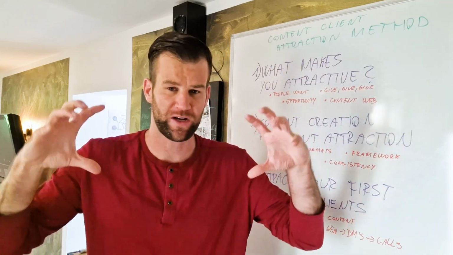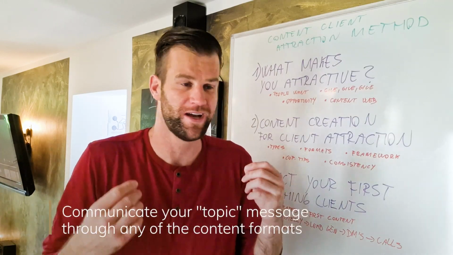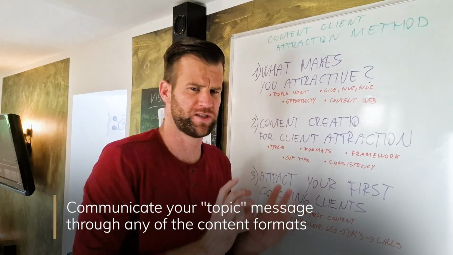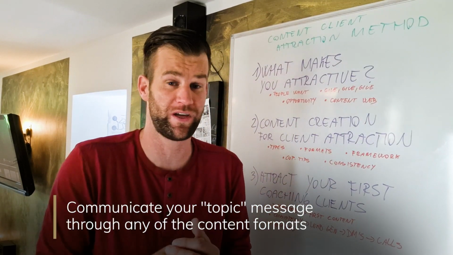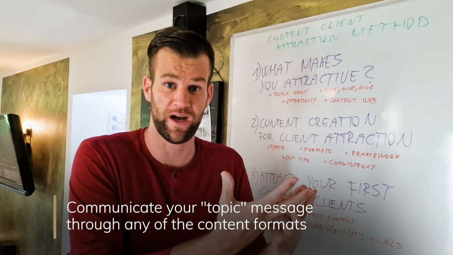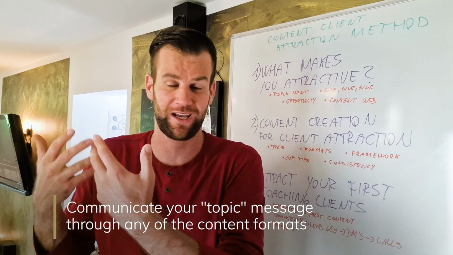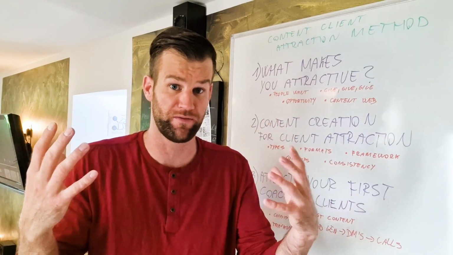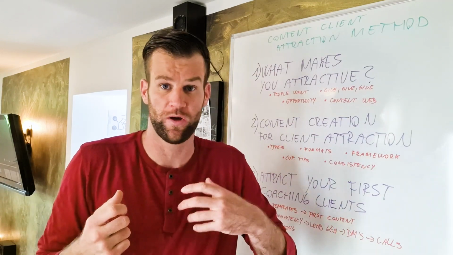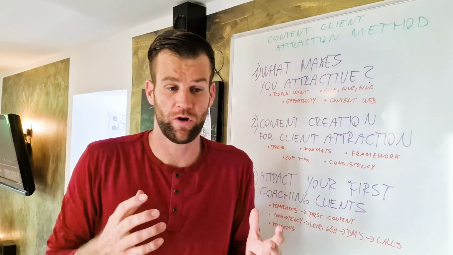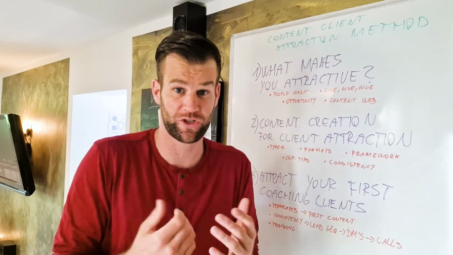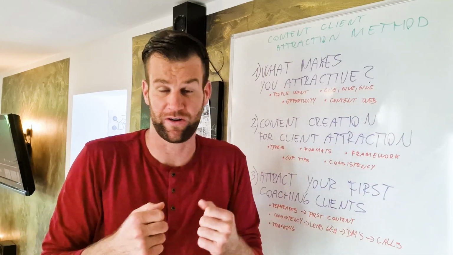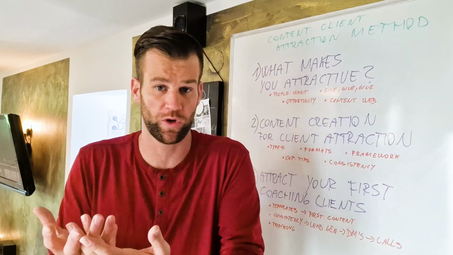So if you have a bunch of topics in these two categories, then you can start communicating the message of these topics through certain formats, right? That's the next step of content creation, knowing the formats through which you can communicate your value or get people to take action, right? Those formats are simple formats like this video, which is a long form video, for example. Long form also includes articles and going live, and then you have shorter forms of communication, which is writing social media posts, emails, recording short reels, posting on stories, and so on.